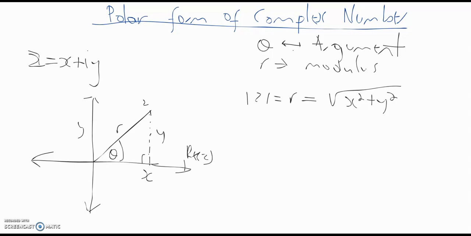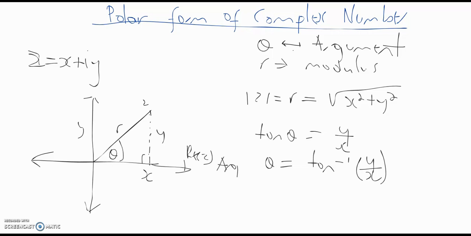Going back to this, we can also look at the argument. Now, we know the imaginary part and we know the real part, so we have the opposite side, which is imaginary, and we have the adjacent side, which is real. That brings us to tan. So we could actually say that the tangent of theta is equal to y over x. So we can say that theta is equal to tan inverse y over x. Or we can say tan inverse the imaginary part over the real part. And we shorten this. Theta is what is called argument. So we shorten it by saying arg theta